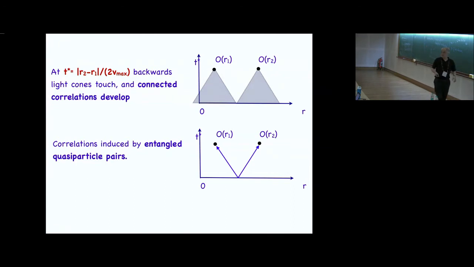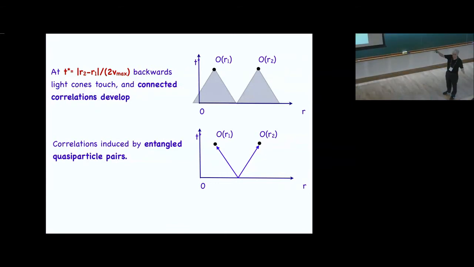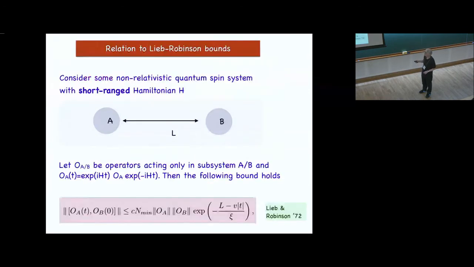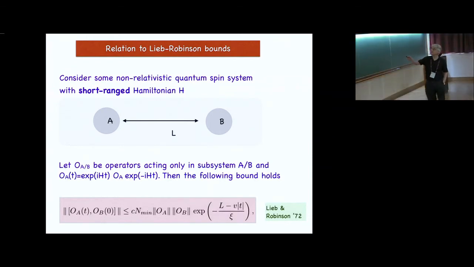Okay, so now there's a mathematically rigorous way to understand some of these spreading things that I have been talking about, and that's what I want to consider next. This is related to what's called Lieb-Robinson bounds, and so now I want to spend a few minutes talking about these Lieb-Robinson bounds. Okay, so Lieb-Robinson bounds come from a very famous paper by Elliott Lieb and Robinson in